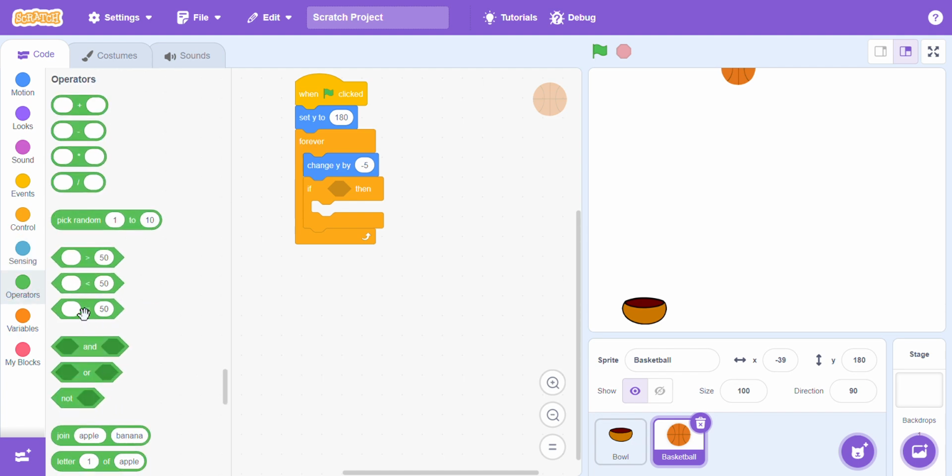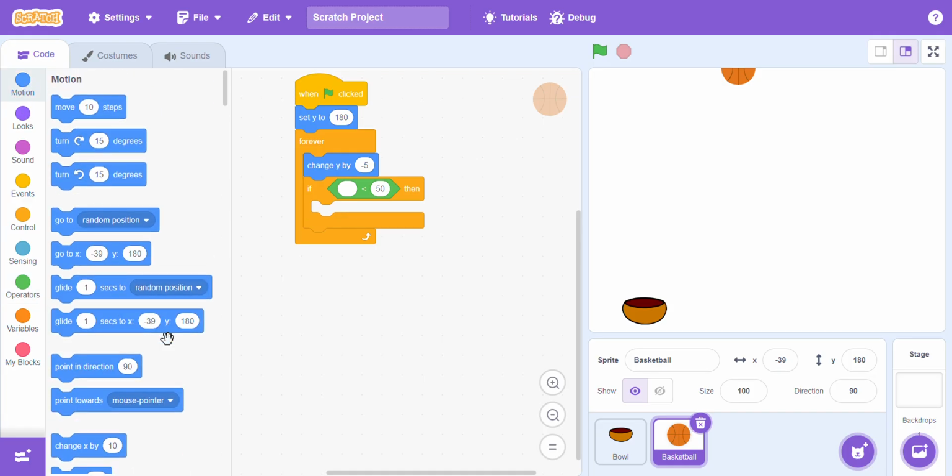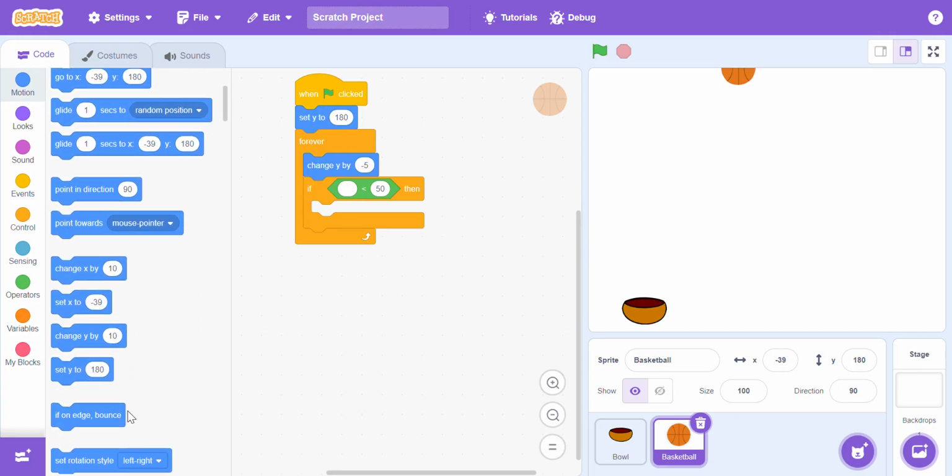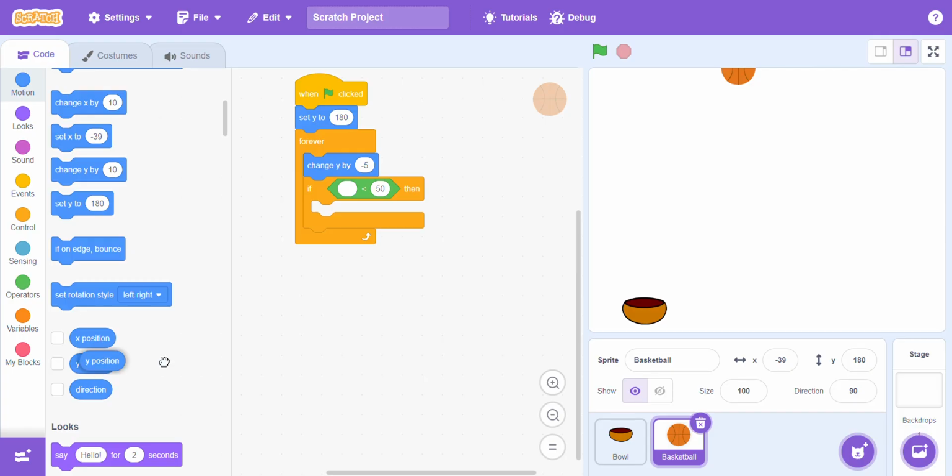I'll get to operators. Now I'm going to choose "if Y position is less than." I'll pick this operator and put it under that. Now I'll get to motion, because I need Y position. Under motion, I'll get Y position, it's found here. I put it under that. So if Y position is less than -180,